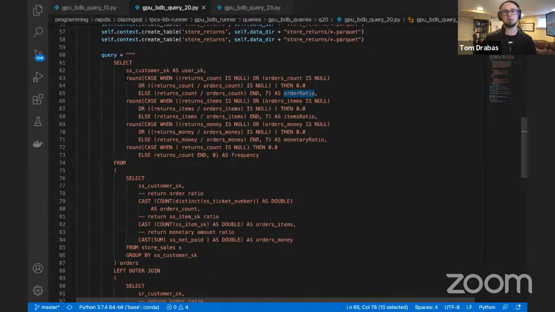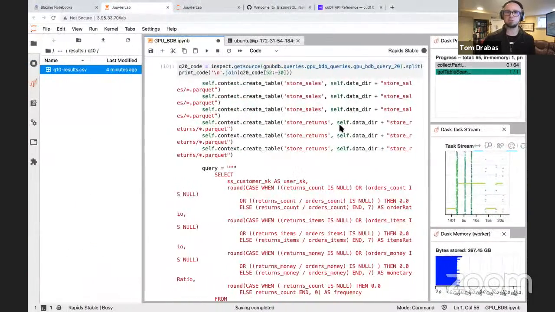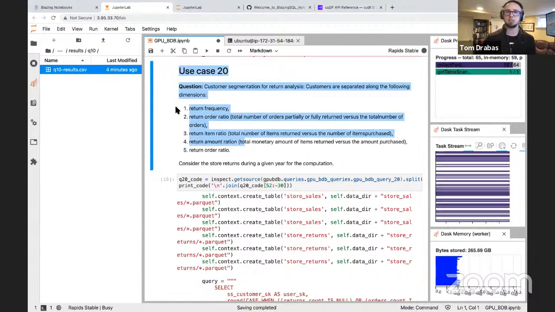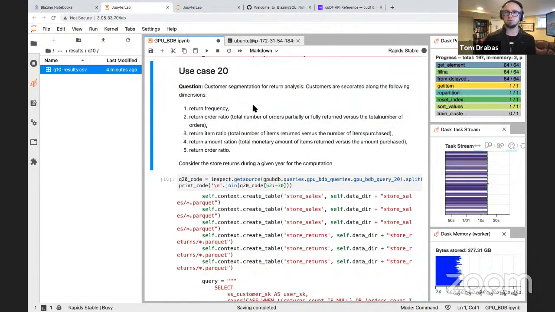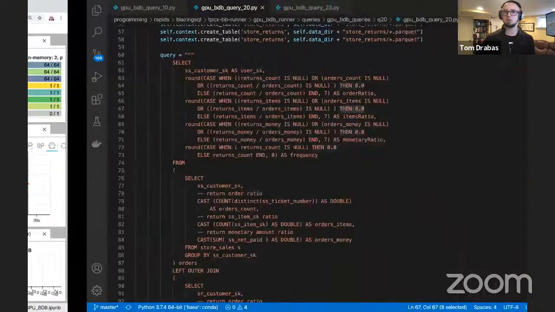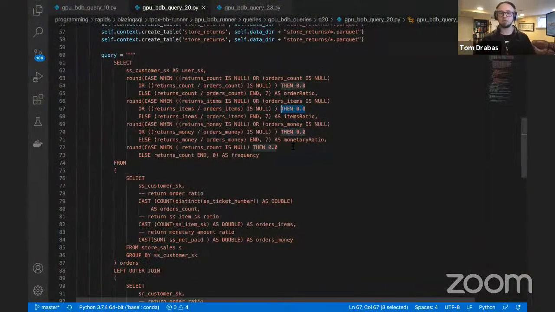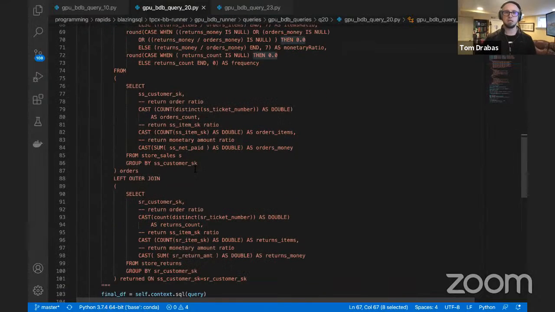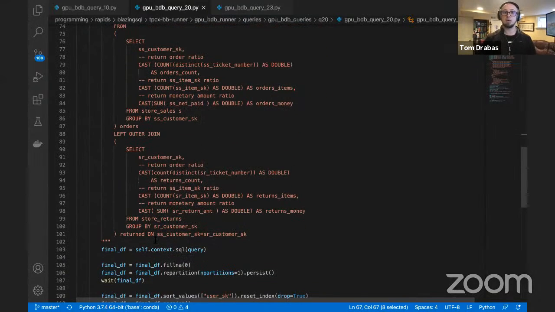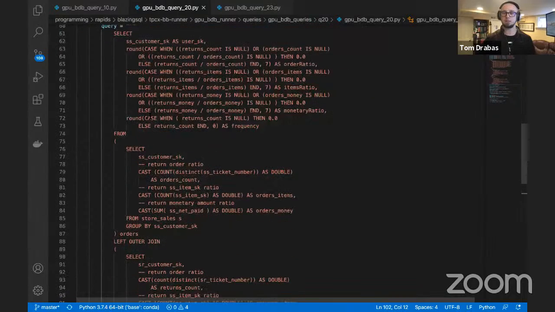So a bunch of case statements where if it's null, we don't want to divide by 0. If it's 0, we don't want to divide by 0, and then just default that to 0. So effectively we are creating all of these vectors that we're going to distinguish the dimensions along which we're going to separate our clusters. This is literally just one single big query that creates all of these